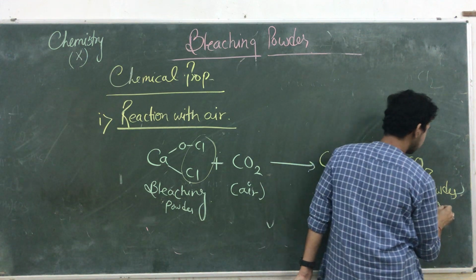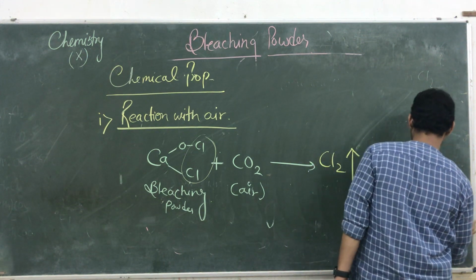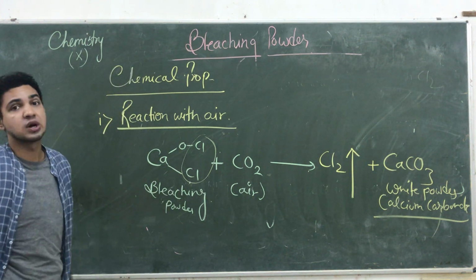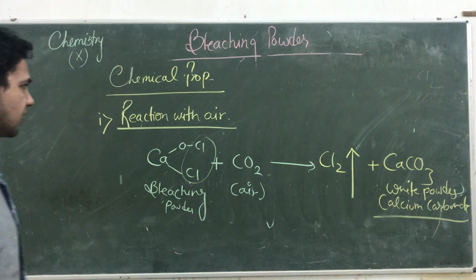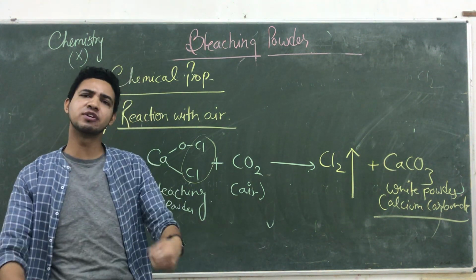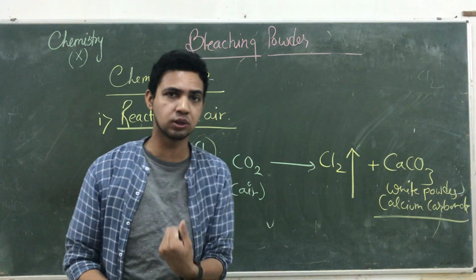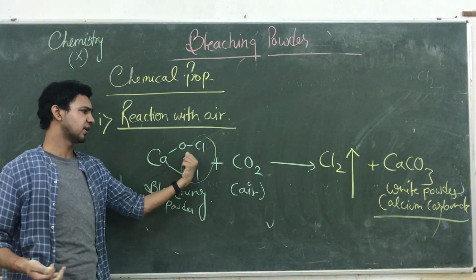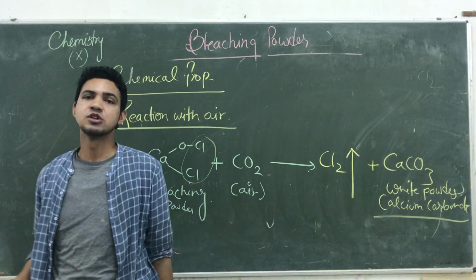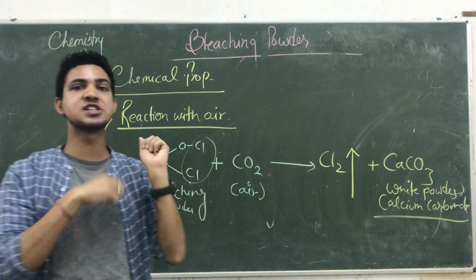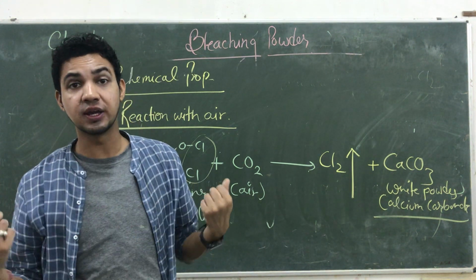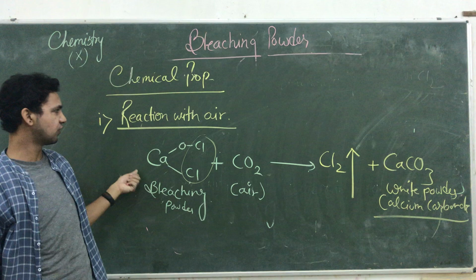Okay, so if you keep this in air like this, what do you get? Calcium carbonate formation happens. So its first property is reaction with air. Calcium bleaching powder is a highly unstable compound. When you give heat, dissolve it in water, or expose it to air, it gives the same gas, that is chlorine gas. So that's why we need to tightly pack this bleaching powder. If it is open, it is highly reactive towards air and moisture also. That is the first reaction.